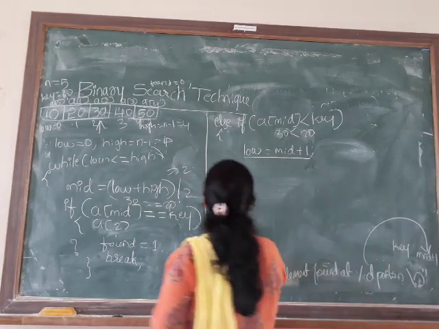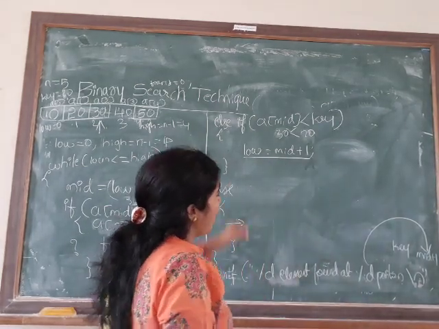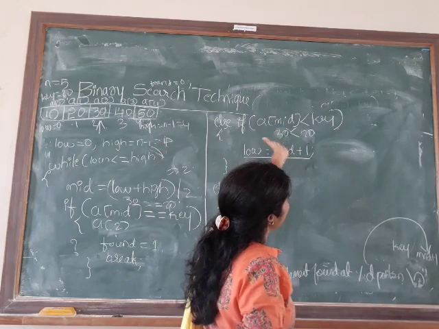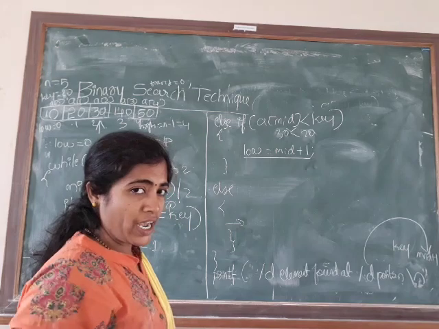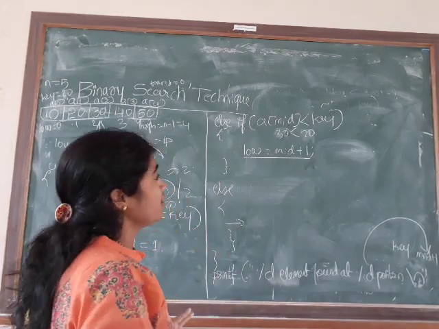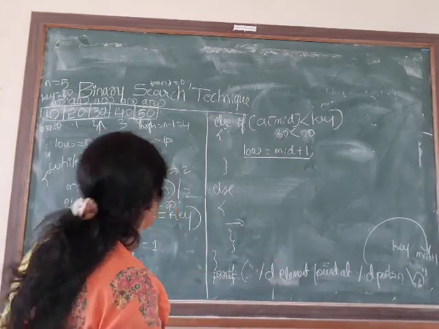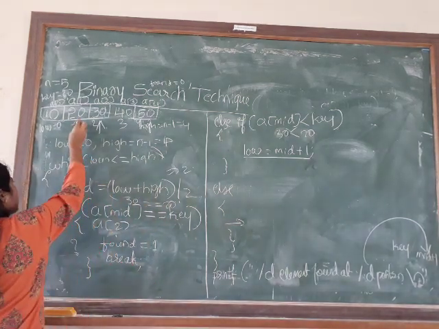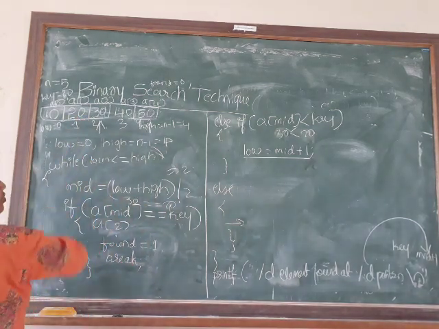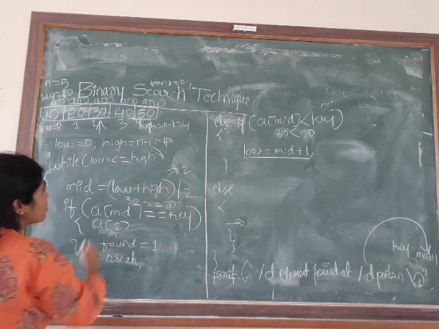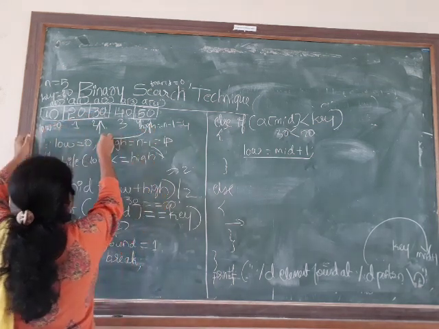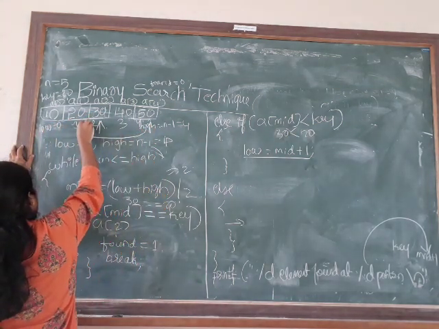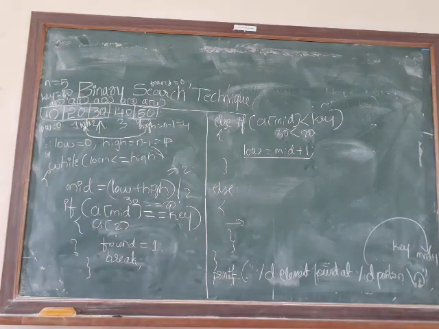In the sense, we come to know that as the mid element is greater than the key to be searched, please try to understand, as the mid element is greater than the key to be searched, the key is present in the first half of the list. Yes or no? In the sense there is no need to search here in the second half. That's why you just move your high from n minus 1 to mid minus 1. You people are understanding?